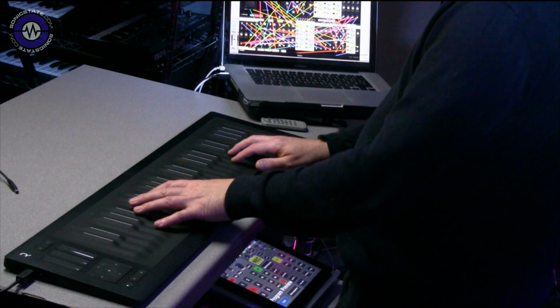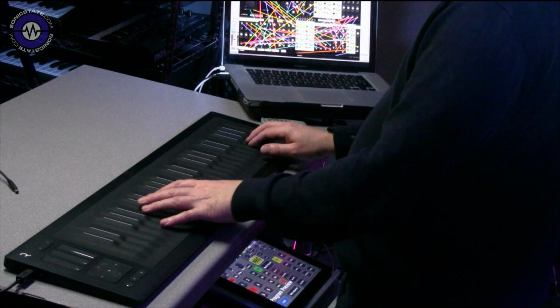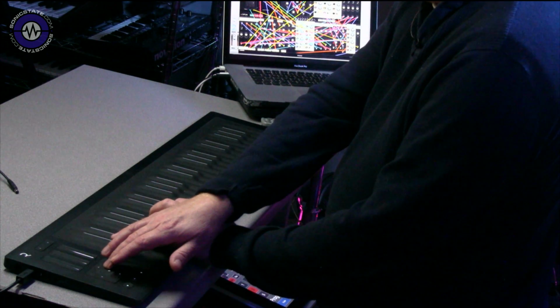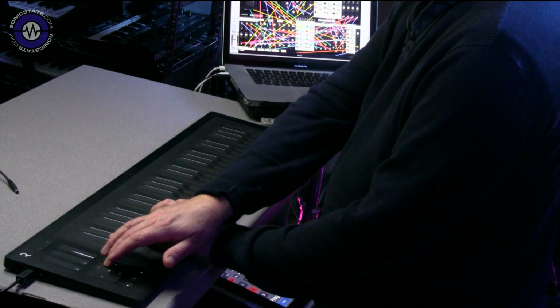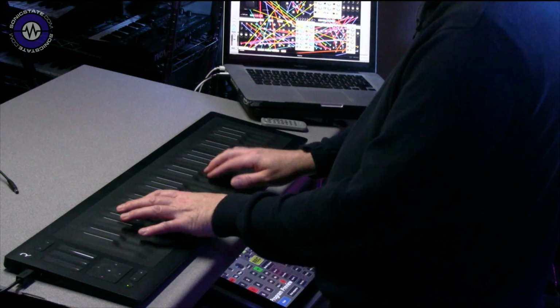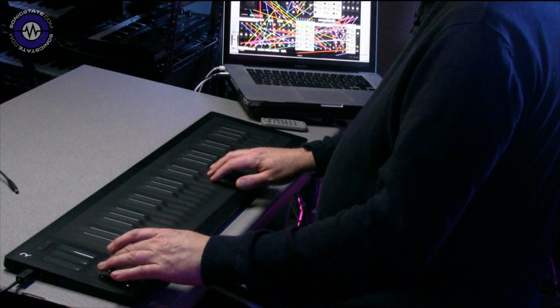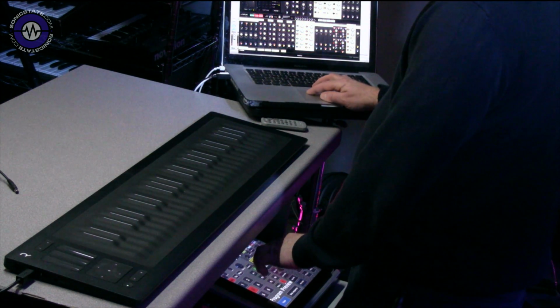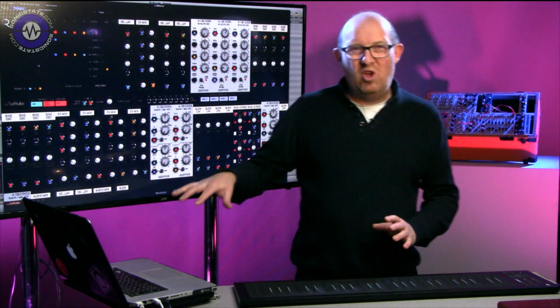In this sound, using all four voices, it's obviously a very complicated patch. I'm using the XY. Very nice. Can't really decipher what's going on in that patch because there's a lot of stuff going on, but it